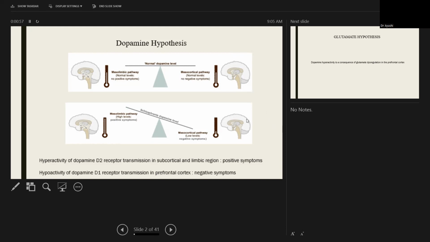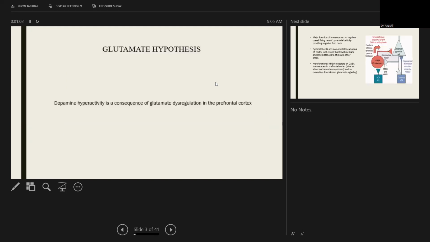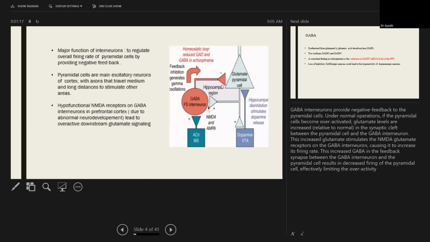Then the second is the glutamate hypothesis. This is the hypothesis which says that the dopamine hyperactivity is a consequence of glutamate dysregulation in the prefrontal cortex. So here in this diagram, as we can see,